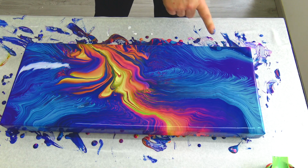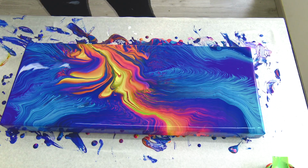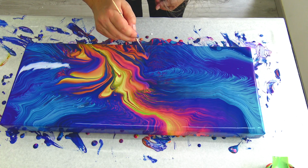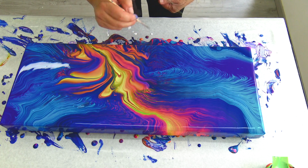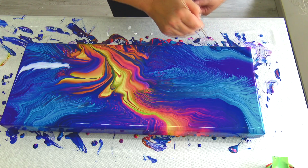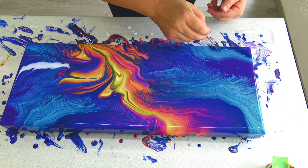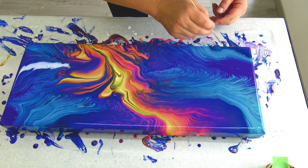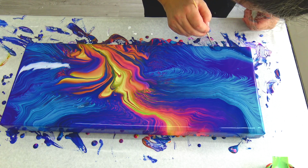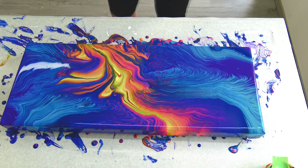I just don't like this part, and this part here. This is from Pearl White, that it's not add much to this painting, but you never know if you don't try. Just try to blend this a little bit like this. Okay,